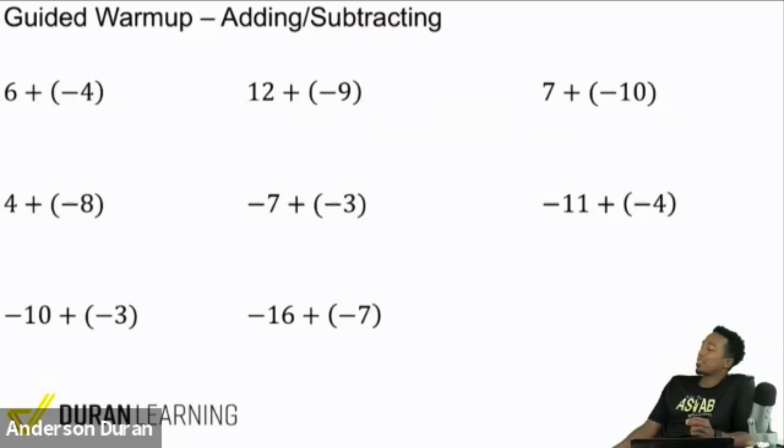Let's go and take a look at some of these problems, starting from the top. Everybody, let me make sure we understand what I said earlier. If I got 6 plus negative 4, everybody, that's the same thing as writing 6 what? What's the right way to write that? You could write that as